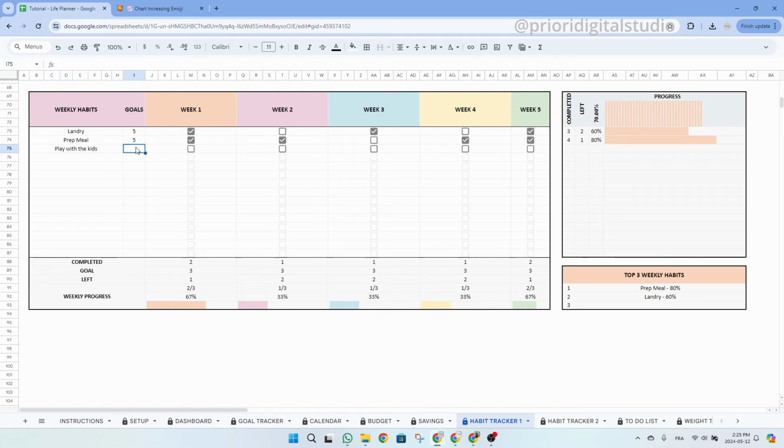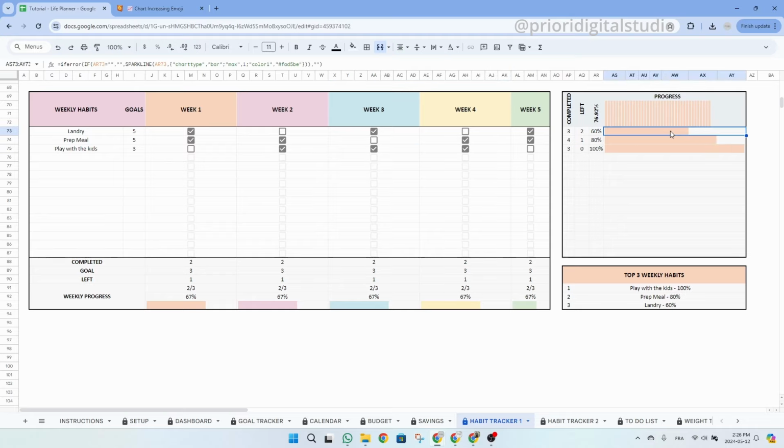So let's say we want to do that 3 times a month. So simply type in 3. So as you can see, again, the rest of the spreadsheet is auto-populated and the chart will also move. So just like the daily habits, you have on the right side of the weekly habits your progress and the